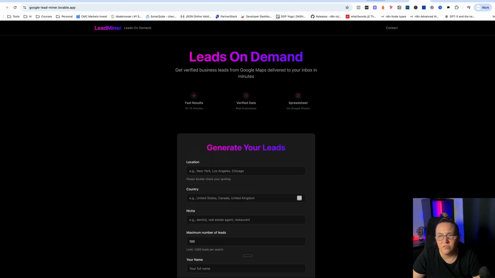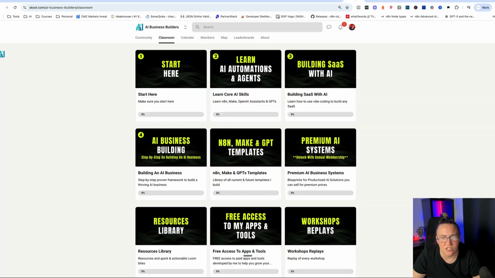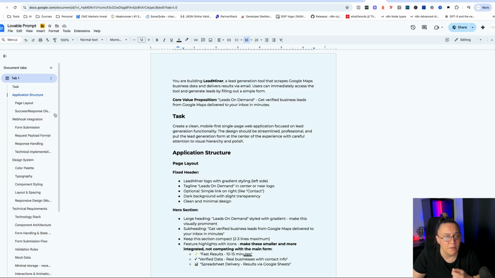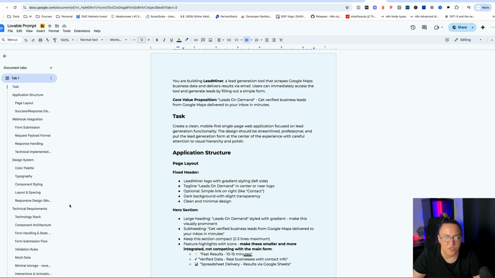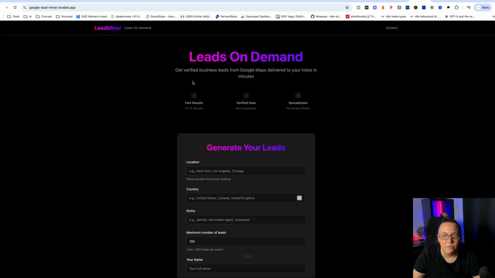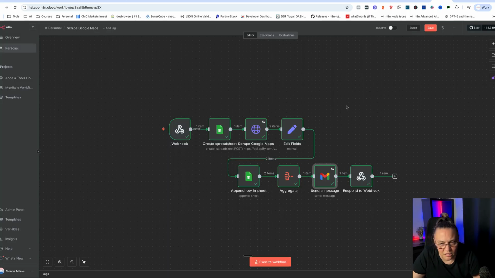And I have actually worked very hard in my community, in the classroom. I have very specific prompts that will allow you to write a massive prompt like this. So this prompt is approximately 17 pages. 17 pages is this prompt that will build this interface. And the reason it's so long is because the way it's structured, it creates an 80 to 90% production-ready app. That's why it took me less than 2 hours to create the whole